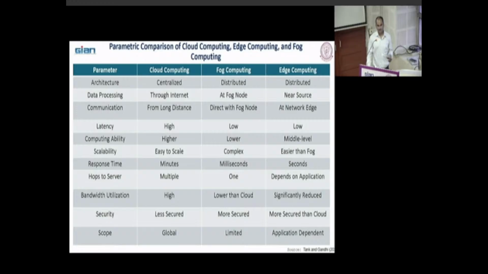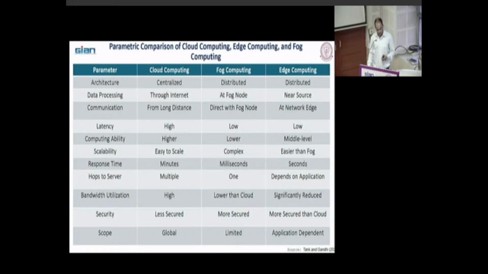Scalability: cloud computing is easy to scale, fog is complex, and edge is easier than fog. Response time: cloud computing minutes, fog milliseconds, and edge computing seconds. So within seconds, suppose a driverless car detects something, it will apply the brake or change direction. Some action will be taken. Hops to server: multiple, one, depending on the application.